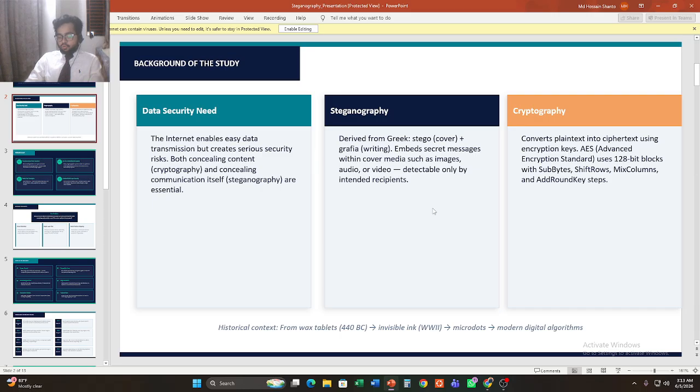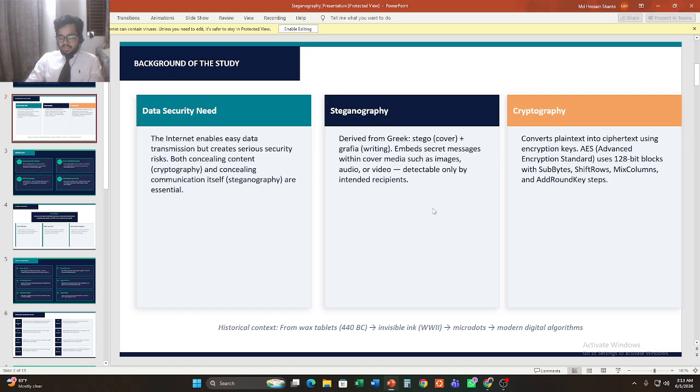Fast forward to today, we use digital steganography where secret data is embedded inside digital images using mathematical algorithms. One of the most widely used techniques is called LSB, least significant bit substitution, where the last bit of each pixel value in an image is replaced with a bit of the secret message.